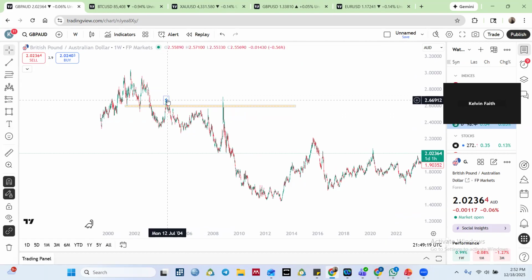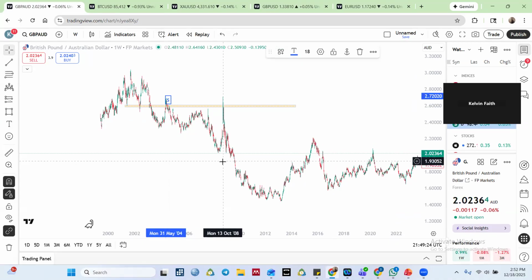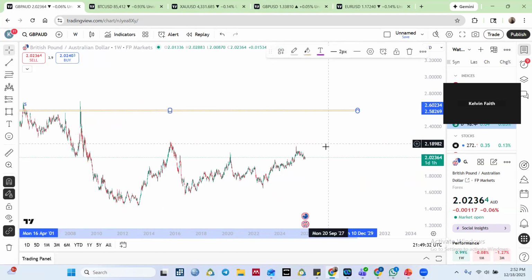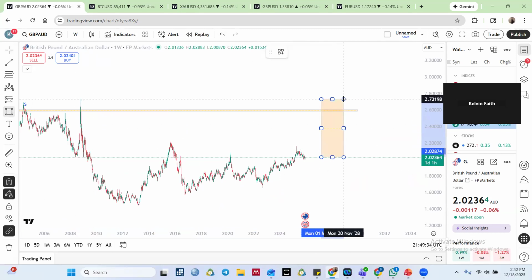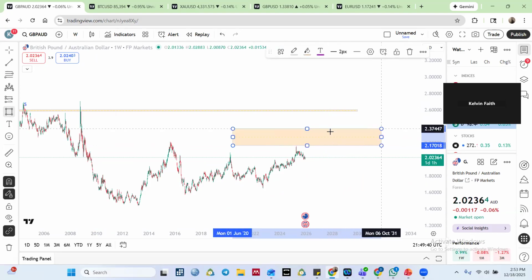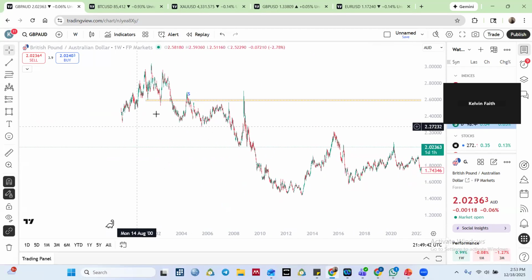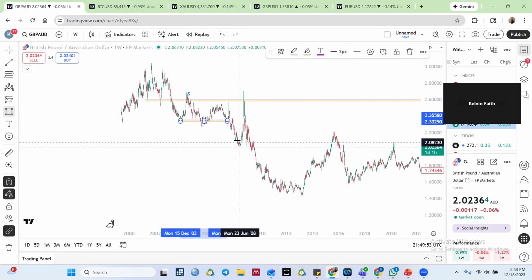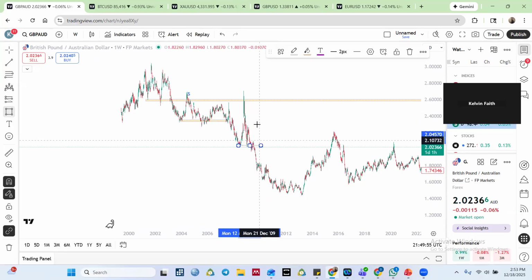Okay, sellers are here, right from here. Sellers are active here. Sellers push price down, price goes back again, sellers push it down. So I'll draw this area. Anytime price gets up here, expect a reaction from the sellers. That's the first thing I'll say. Two, we can see that we have a bearish market now because from this point, we are now getting a break of structure, another break of structure, market goes up,